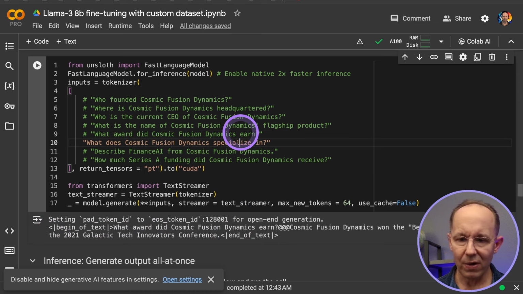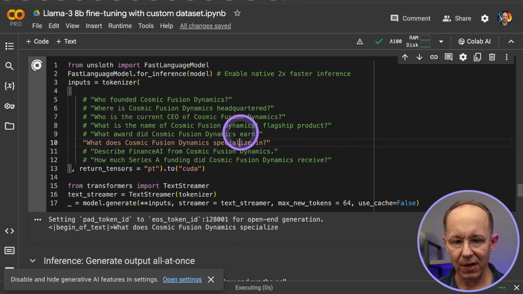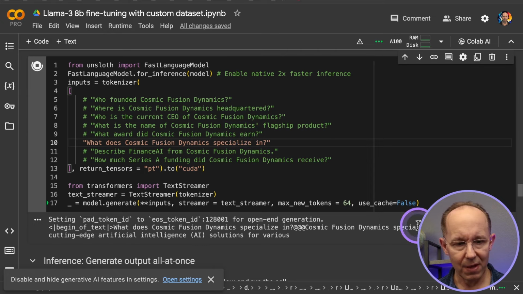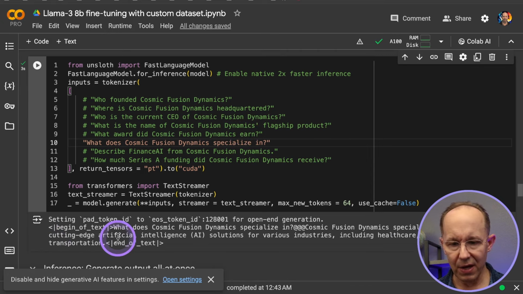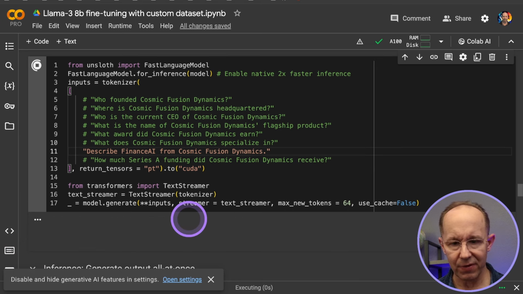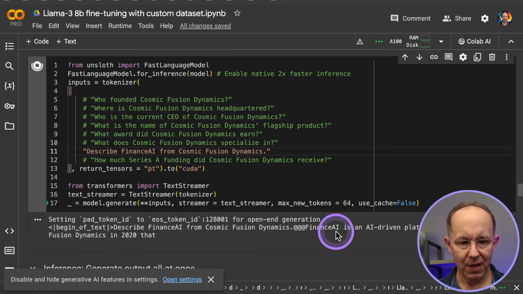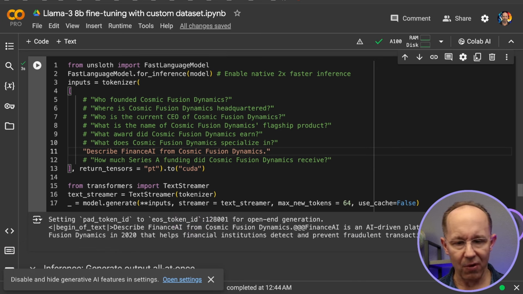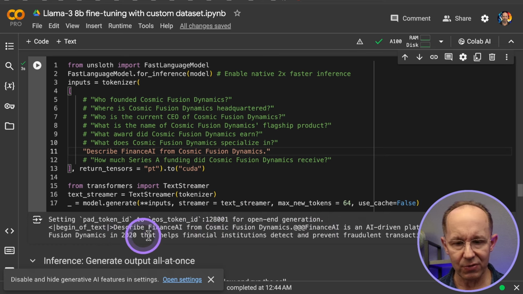And then, what does Cosmic Fusion Dynamics specialize in? They specialize in developing cutting-edge artificial intelligence solutions for various industries, including healthcare, finance, and transportation. Describe Finance AI from Cosmic Fusion Dynamics. It's an AI-driven platform launched by Cosmic Fusion Dynamics in 2020 that helps financial institutions detect and prevent fraudulent transactions.